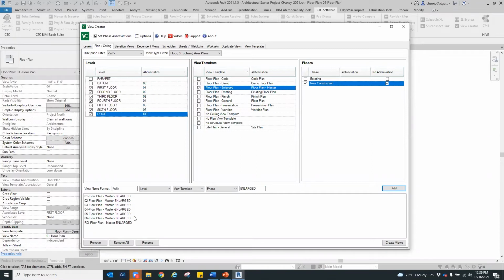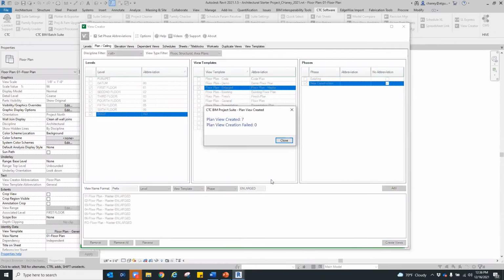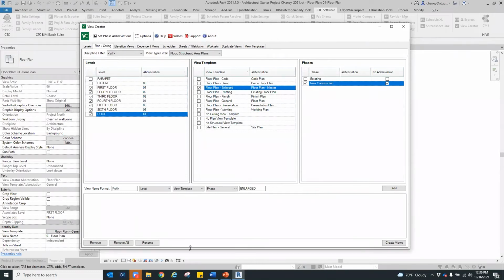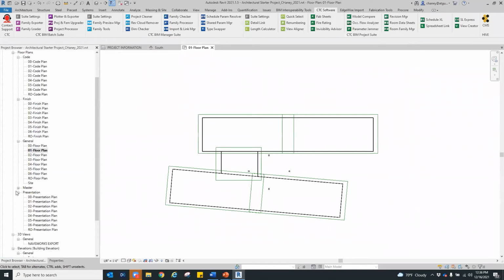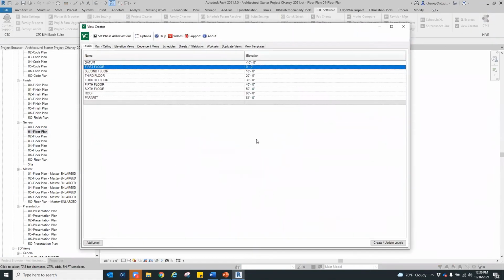You can see these are all queued up. And I'll hit create views. No issues, created all those views. Let me close this for a moment, pull up my project browser so we can see all of those. And then once you have those